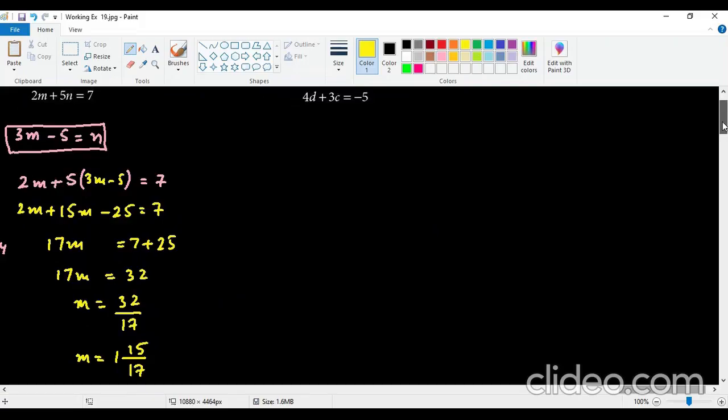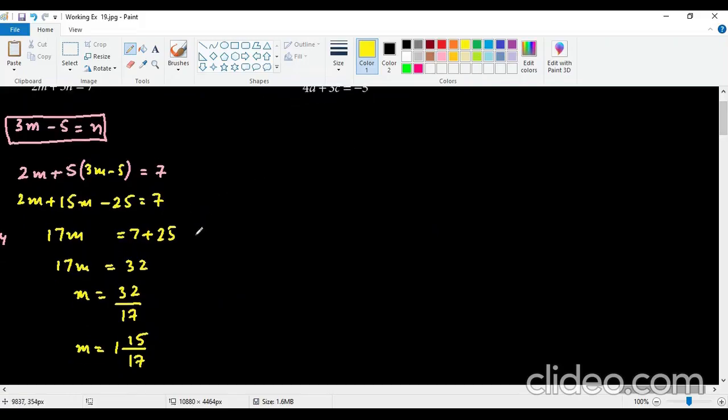Now finding out the value of n, we know very well n is equal to 3m minus 5. So finding out the value of 3 times 32 over 17 minus 5. So 32 times 3 is going to give us 96 over 17 minus 5 over 1. So this is going to give us,